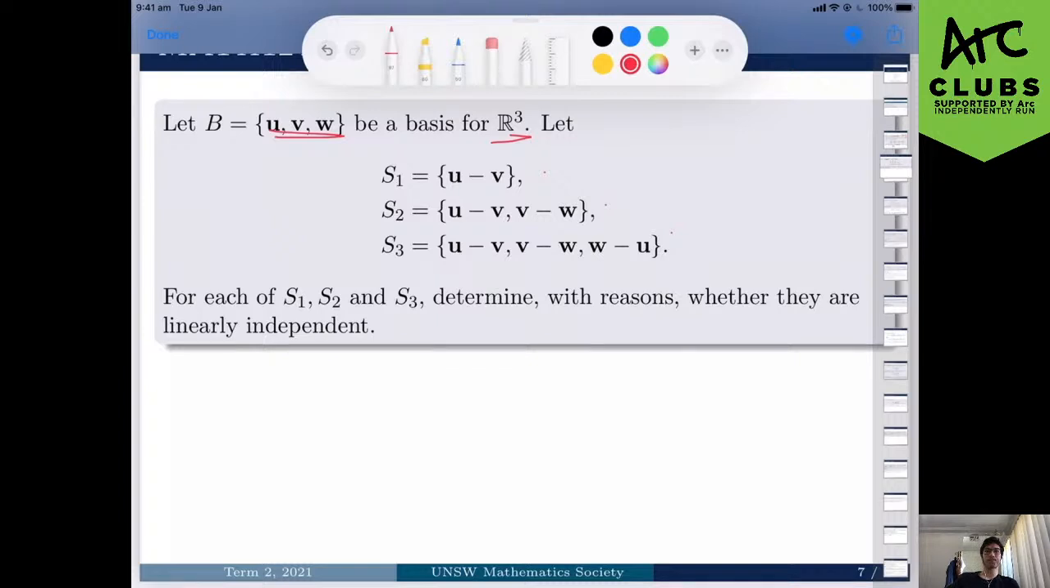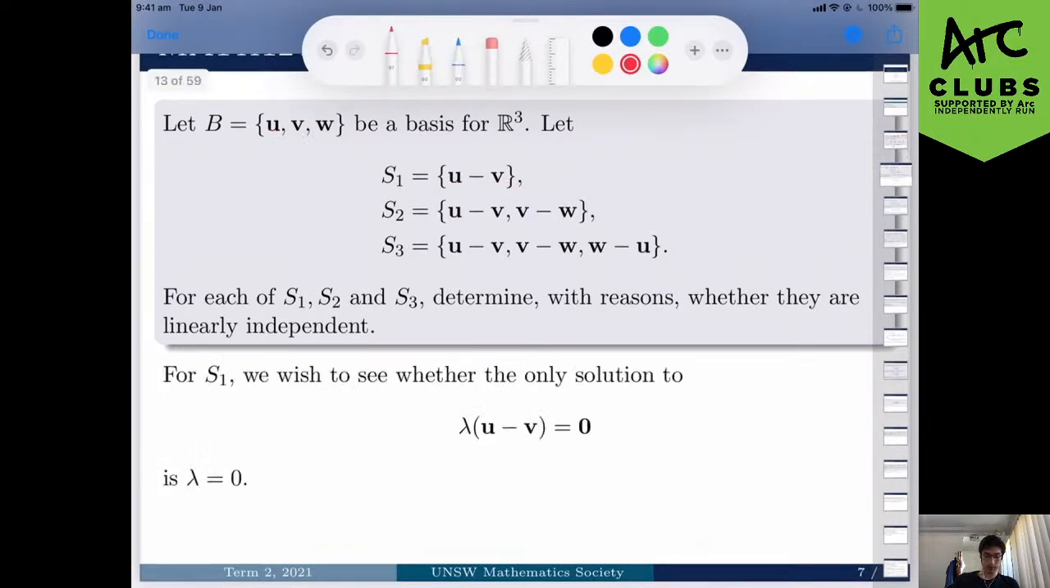So I just need to check that that's non-zero, or that u does not equal v. That's one way of thinking about it. It's just u does not equal v, because if it was equal, then that wouldn't be a basis. But another way of doing it, which is kind of more general in a sense, is